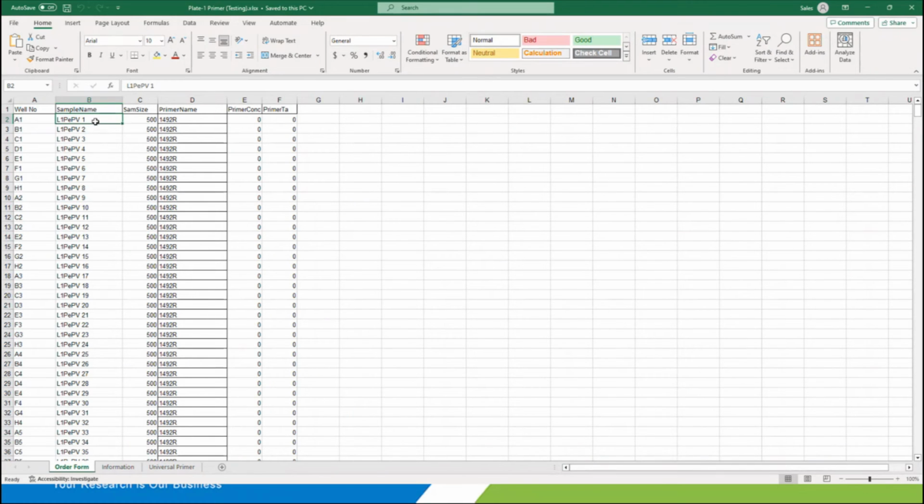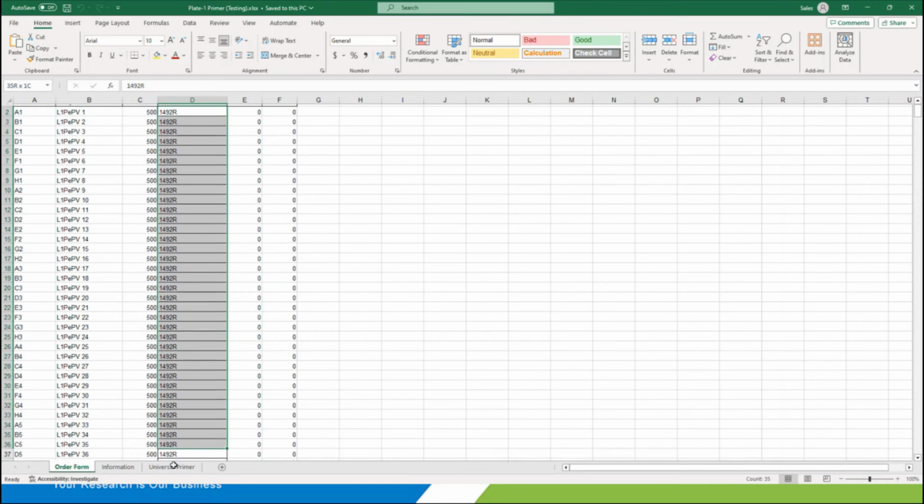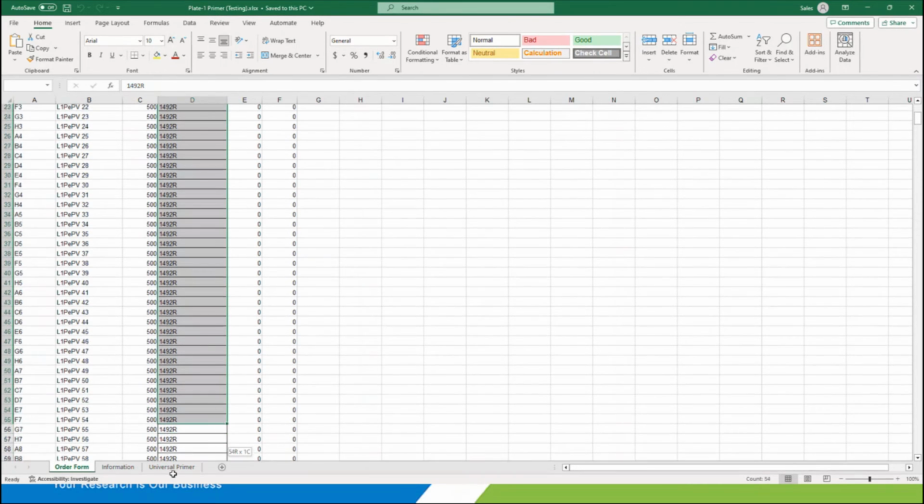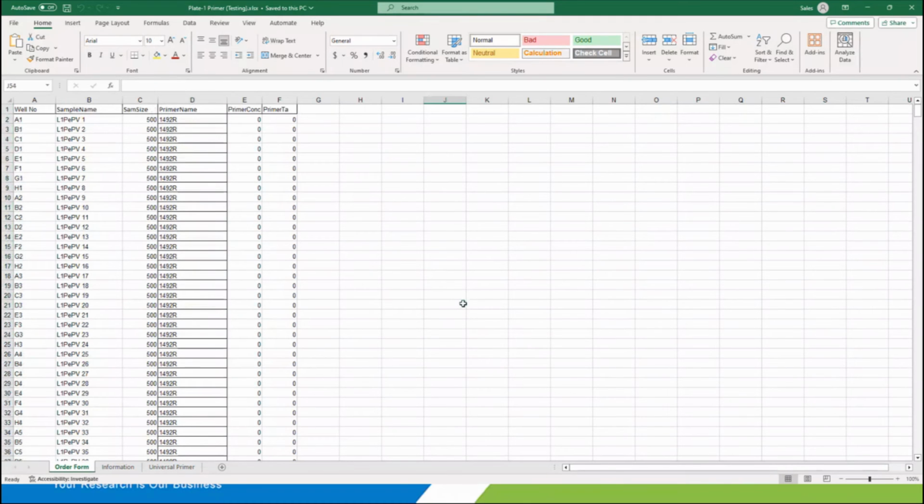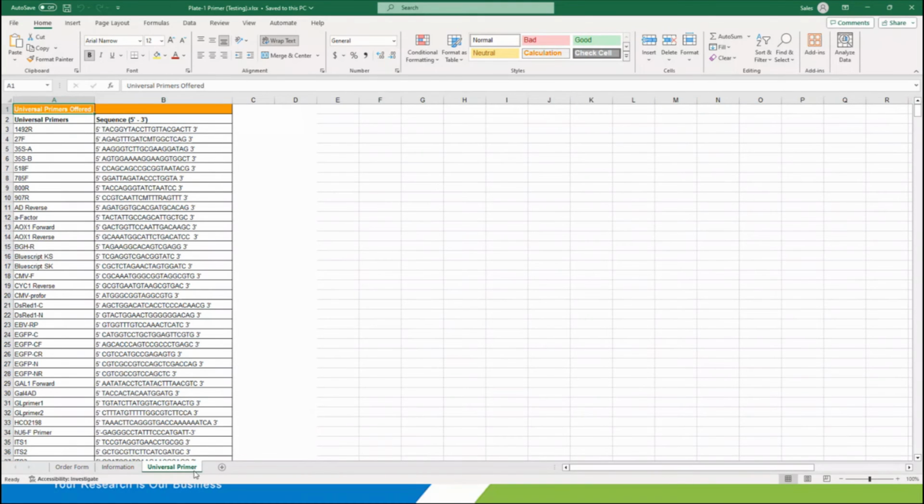So make sure to differentiate between the same sample names. Okay. So for primer name, since this one is only for one primer, the same primer name will be provided here. And then primer concentration, since this is one of our universal primers,